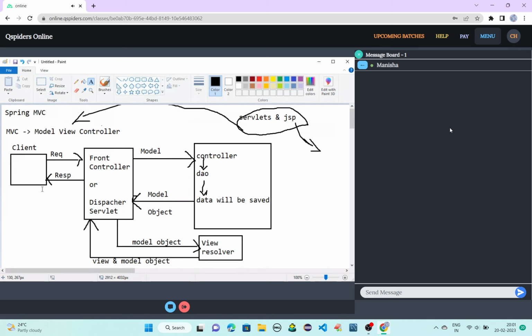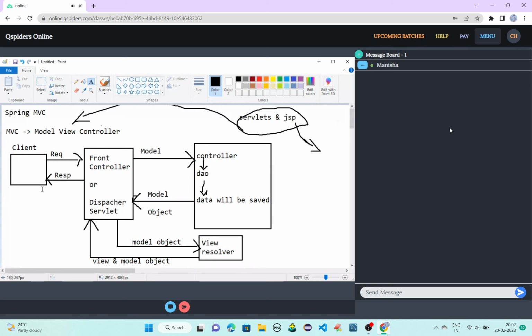Okay, so this is your model view, that is your MVC architecture. This MVC architecture is important. They'll not ask you to draw the architecture and all, but you need to explain it. Whenever the client sends the request, it will be accepted by the front controller, or it is also called the dispatcher servlet.